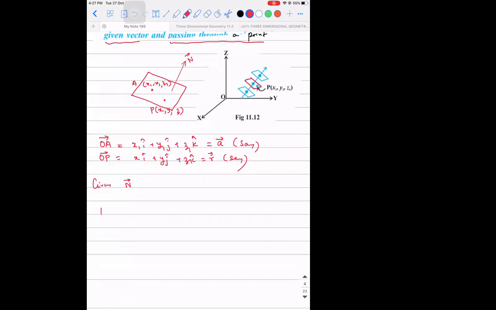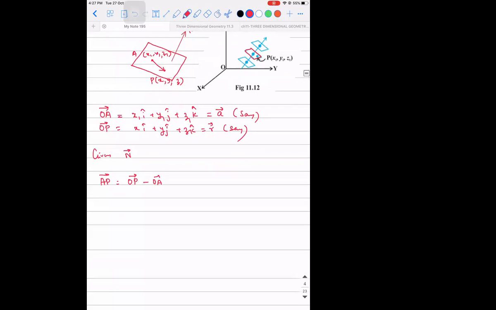So you guys tell me, what is AP vector? Let's first write in the vector form, then we'll go to the Cartesian form. AP vector is OP vector minus OA vector, final position vector minus initial. So what is OP vector? r vector. Minus OA vector, which is a vector. Right? And n vector is there. See, AP vector